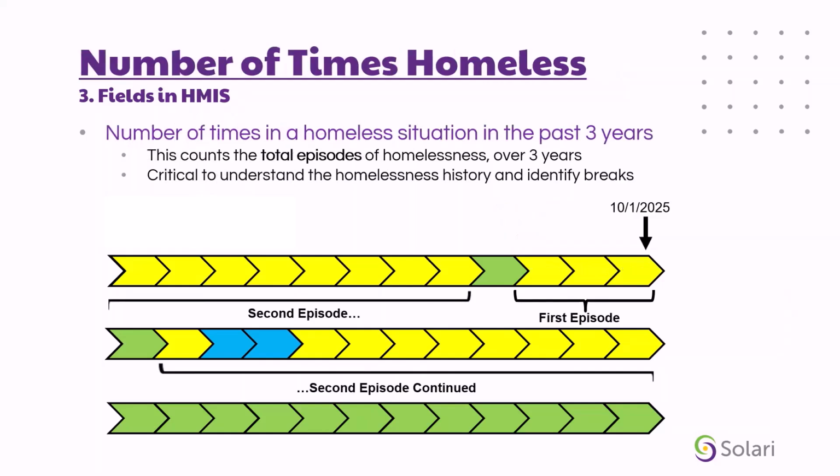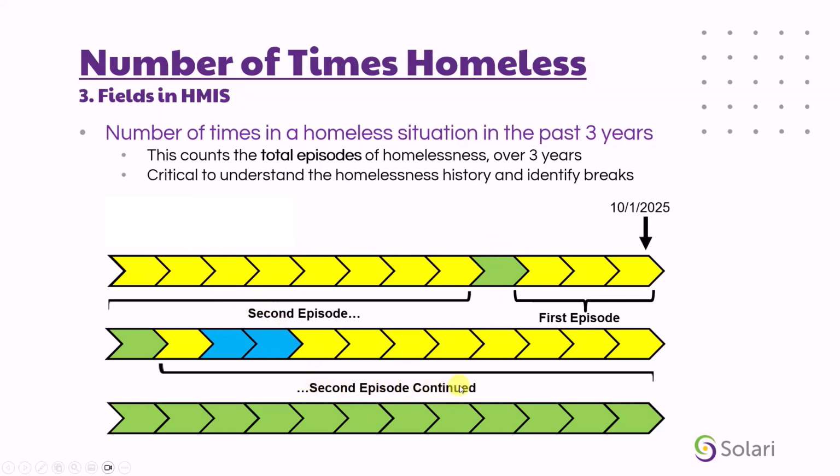The next field we'll focus on is the number of times a client's been in a homeless situation in the past 3 years. So what this is really counting is the total episodes of homelessness over the past 3 years. And this is why it's really important to understand the breaks in homelessness history and be able to distinguish between a permanent situation, which has 7-day breaks, and institutional situations, which have 90-day breaks. So in this case, the client would have 2 times homeless per this scenario. The first episode represented here, a break due to a permanent housing situation, and the second episode of homelessness here,